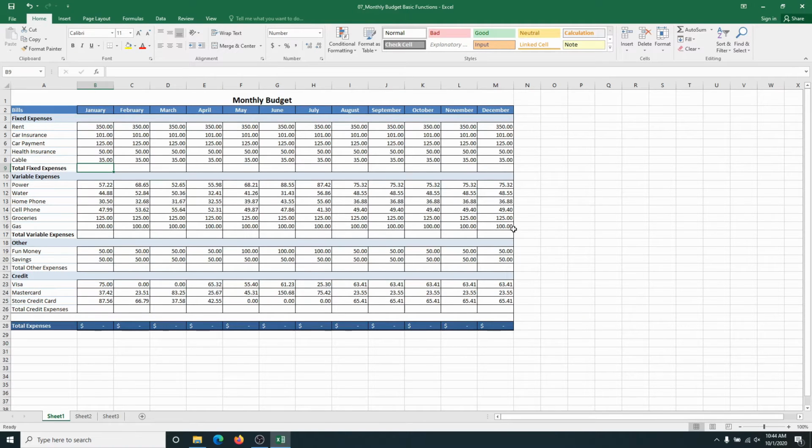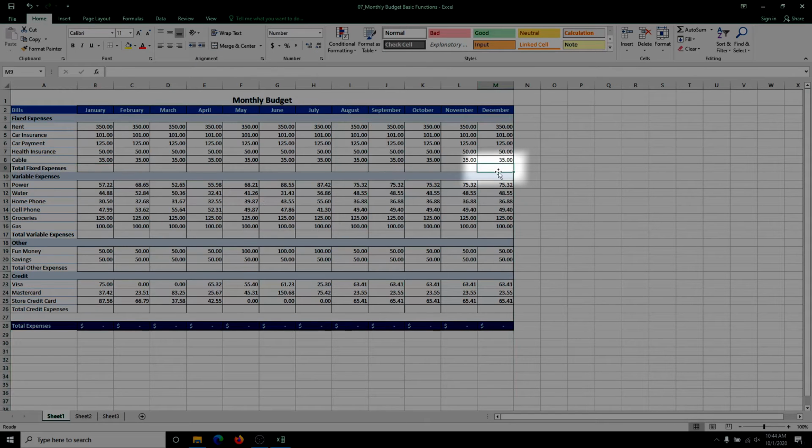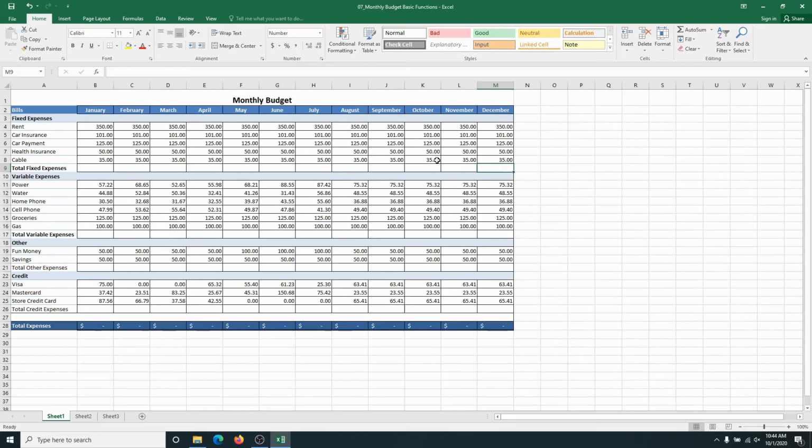So now that I've got all of the totals cleared out for our monthly budget, I'm going to come over here to M9, which is the total fixed expense for December. I'm going to highlight M9, and then instead of typing in equal sum parenthesis M4 colon M8 close parenthesis, instead of doing that, what I'm going to do is I'm simply going to activate